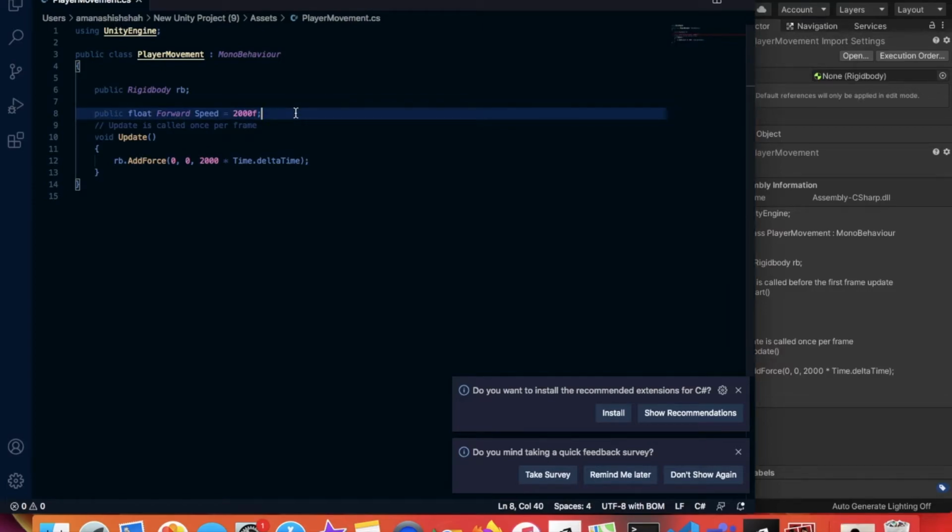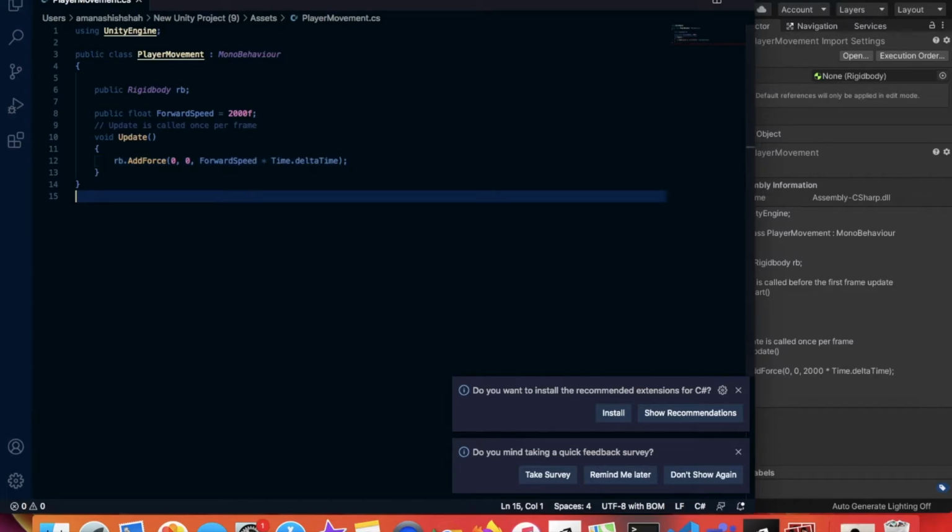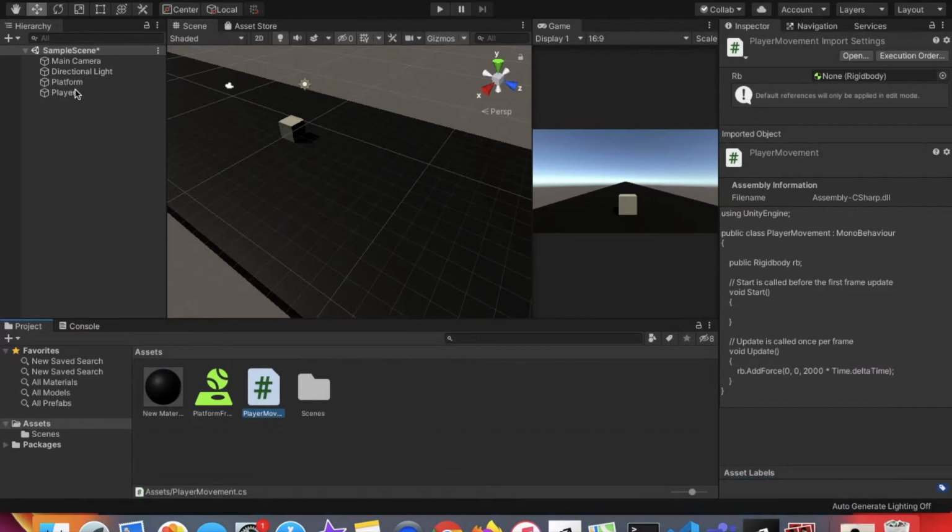Now what we're gonna be doing is we're going to be going down here, and we're going to change this 2000 to forwardSpeed, no spaces, yeah, which is the name of the variable we have right here. Now if we save that, what we should see is, if we go into the player,